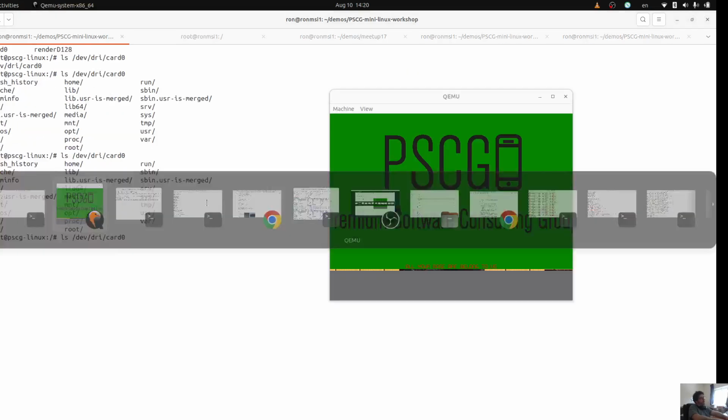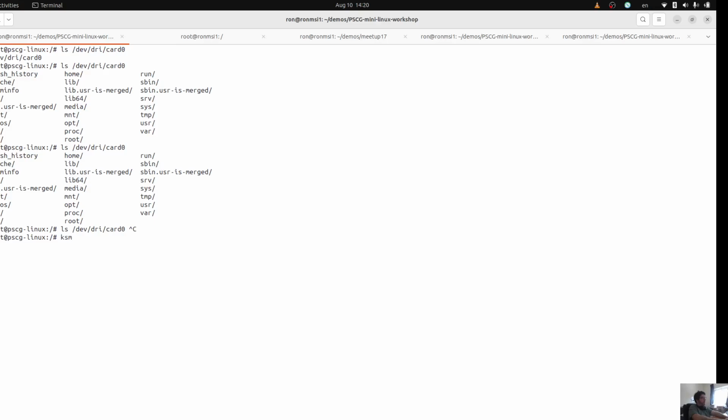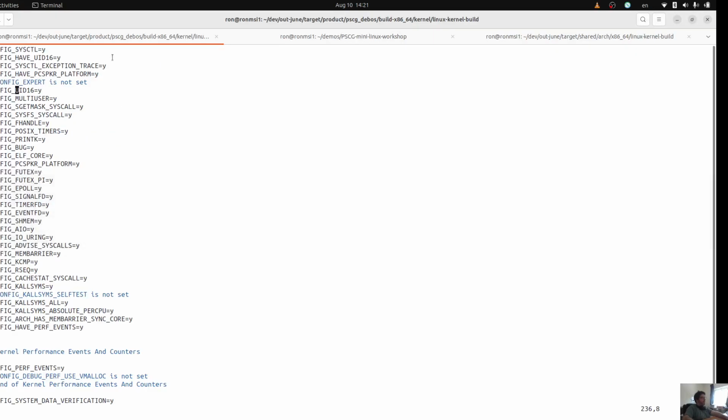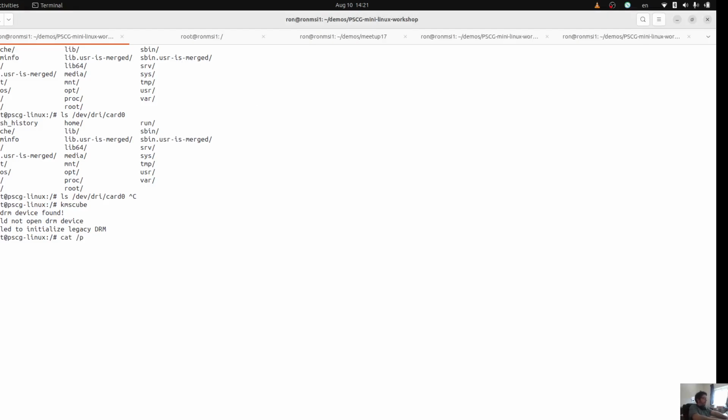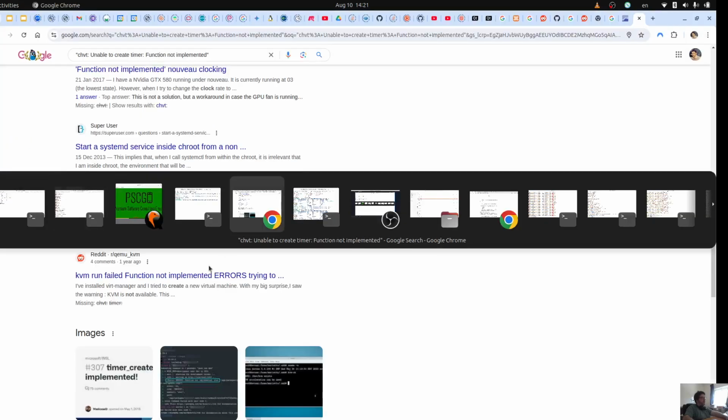Which is not the way it was supposed to be. It is supposed to work. But now I don't know if I missed something on my command line, or actually I'm not sure what was missing here. So we'll need to figure that out,